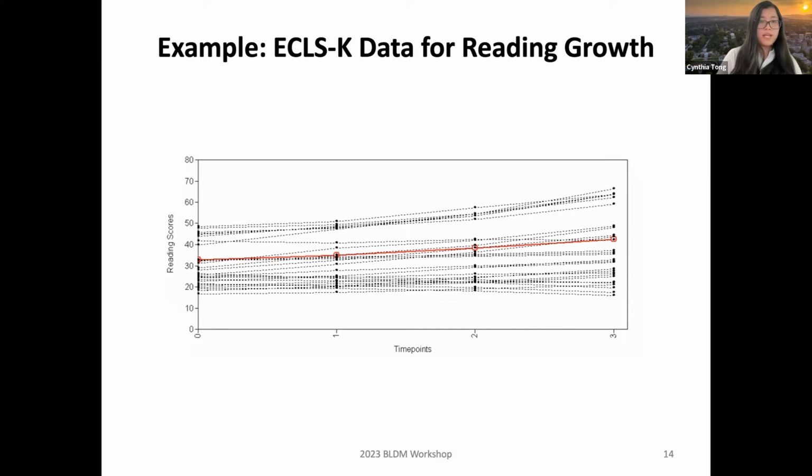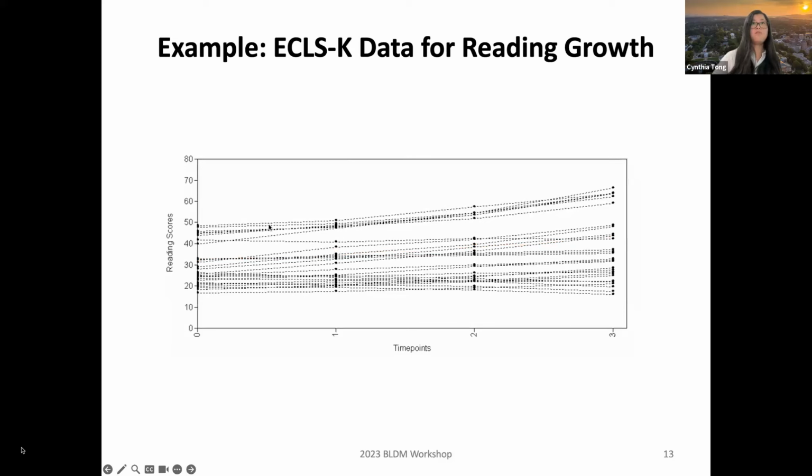But by looking closely at this data, we can see that for the upper level, these groups or classes are growing faster. They have higher initial values, and it seems that they also have a faster change from time 1 to time 4. And for those people at the bottom with relatively low reading scores, it seems like they are not changing much. So potentially there might be latent classes.